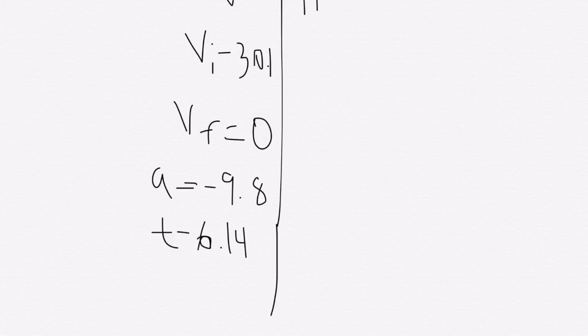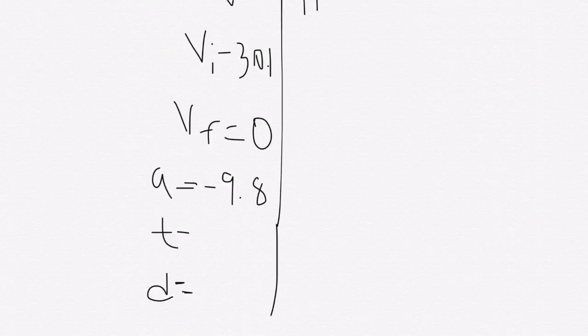The time was actually 3.07. To find the distance, which is basically the height, because the distance of the vertical is the height in the sketch, we can use this equation,